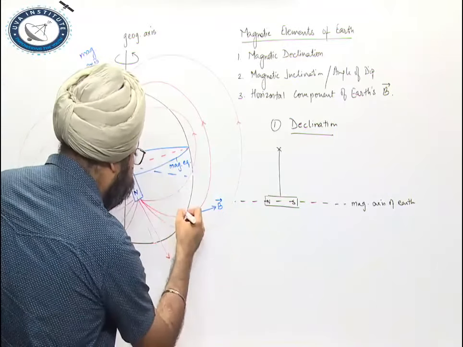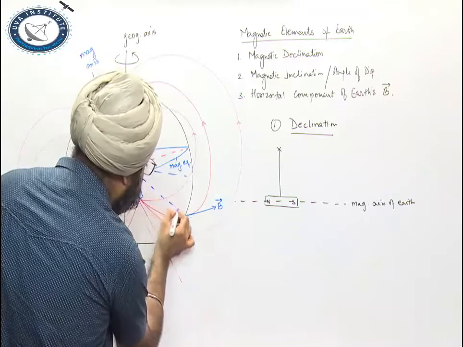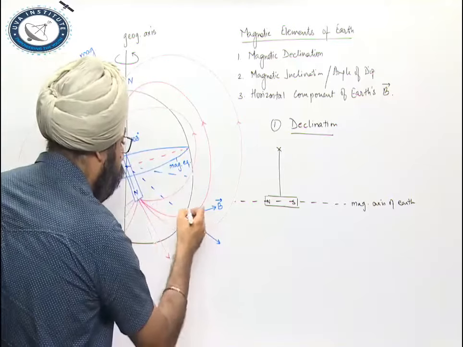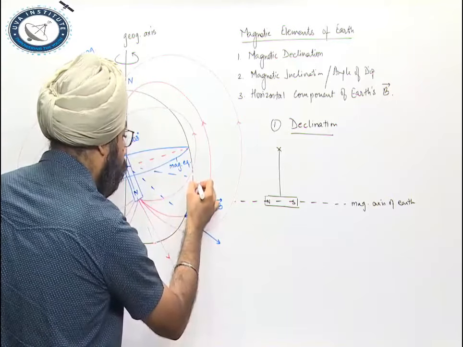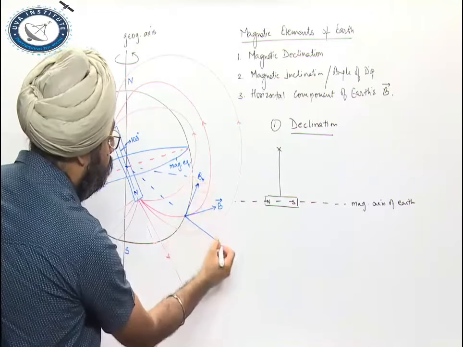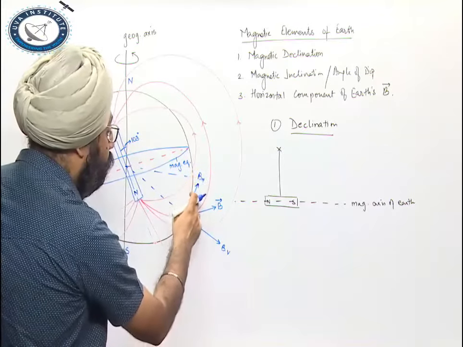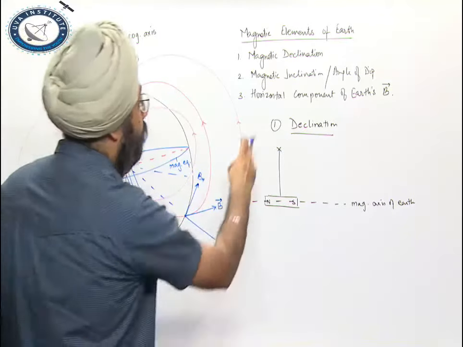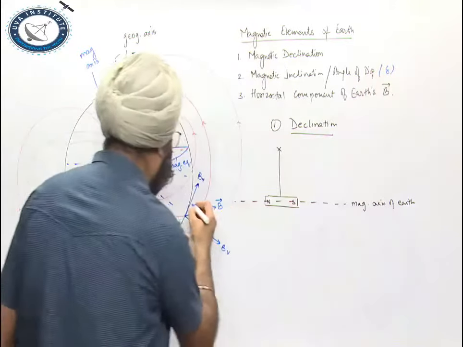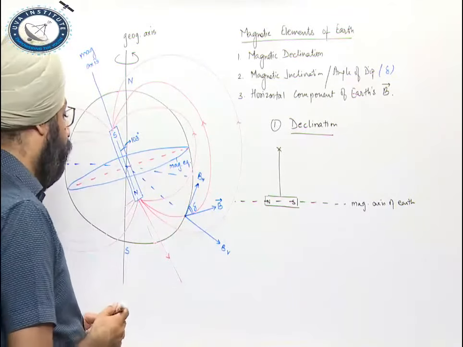So I'll be having two components over here, one which is perpendicular to the surface of Earth. This is the perpendicular component coming straight from the center of Earth. The other is along the surface of Earth, the tangent drawn to the surface of Earth. This is the horizontal component, this is the vertical component, and the angle between the horizontal component and the resultant magnetic field is the angle of dip, delta. This is different at different points.